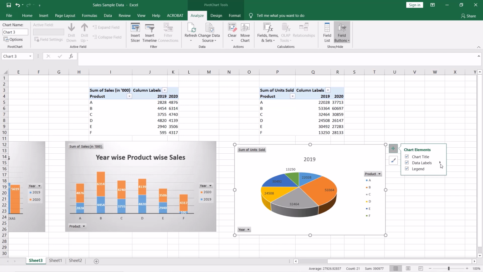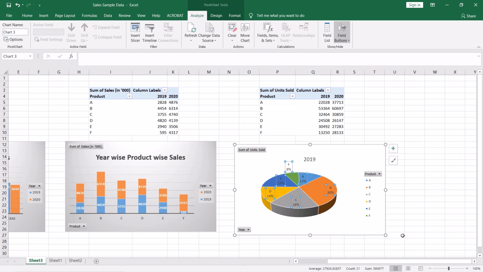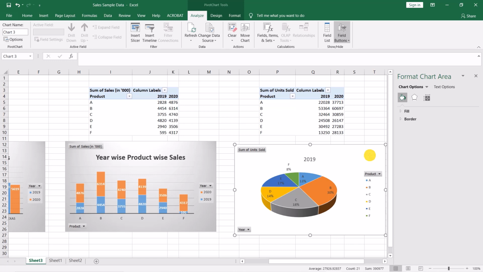So you can go to the more option, select the category name, remove the value, select the percentage. You can change the style also.